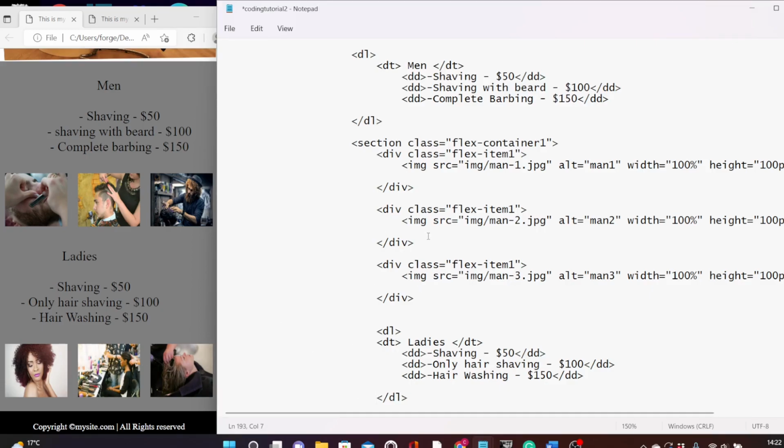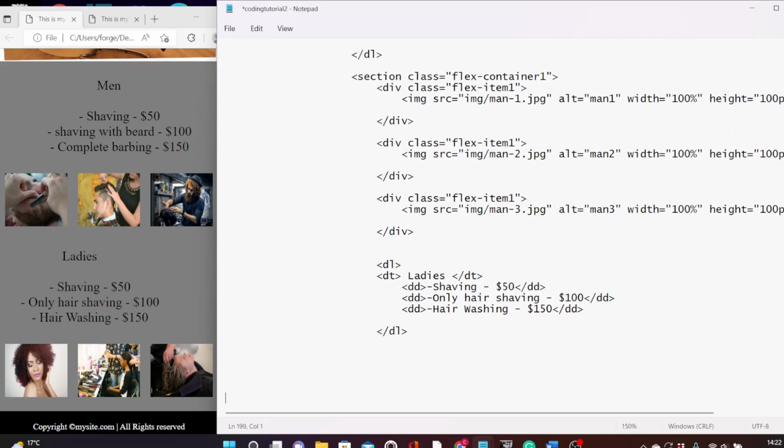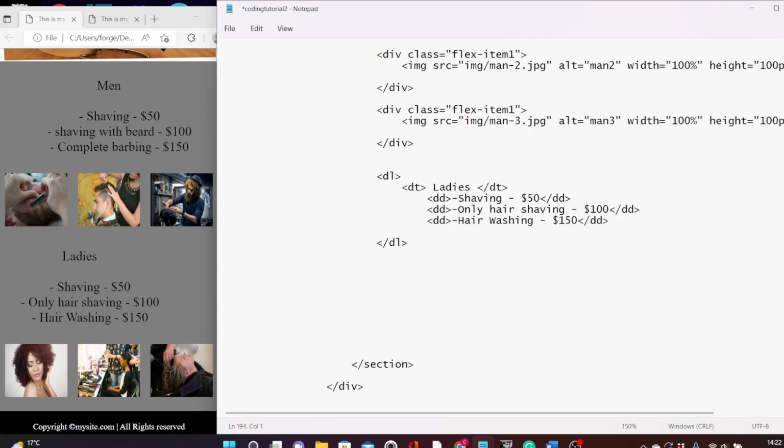So the first one we see here in this div is this picture. So the second one is this one. So what I'm going to do is that I'm going to also copy this div again. Then come under this DL, the ladies data lists items. So I'll come under them and paste those divs. Okay, so I'm going to paste it